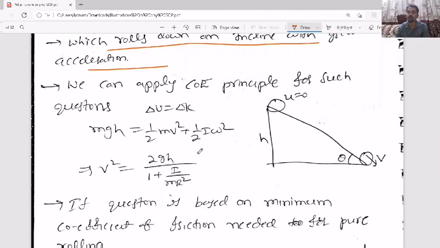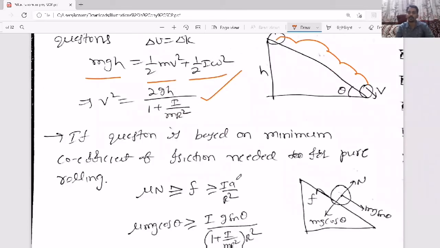And the same thing we can also derive from one more approach, that is conservation of energy. As it is rolling down, the potential energy will convert into kinetic energy. Potential energy is mgh initially, and finally kinetic energy, translational plus rotational. If you solve that also, the same equation will come for velocity. After finding velocity, you can find the equation for acceleration and time. Based on that, every time they used to ask one question. So please try to remember each and every formula.